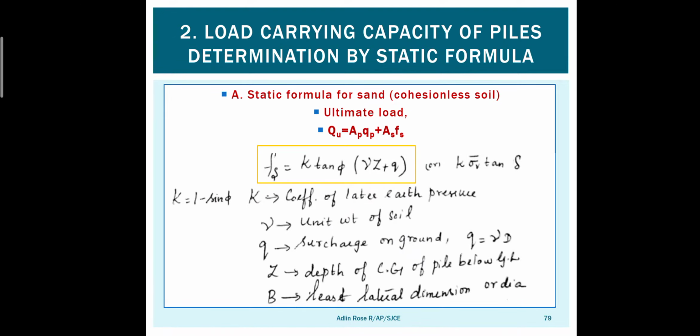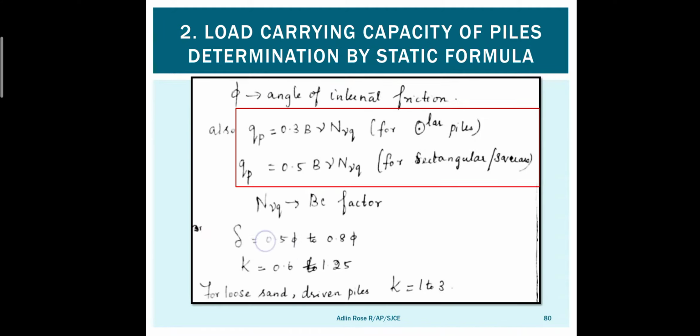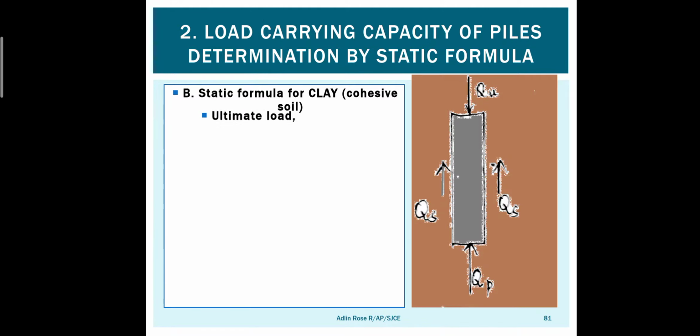So these are just formulas to remember. But most of the time problems are not asked from this; only for clay soils they will ask. Mostly clay soils only are asked. So for the clay soil formula, memorize it thoroughly for the static formula. The ultimate load is, we know, Qp plus Qs. We know what Qp is. Qp is going to be Ap qp, but here the formula is Nc Ap cp.